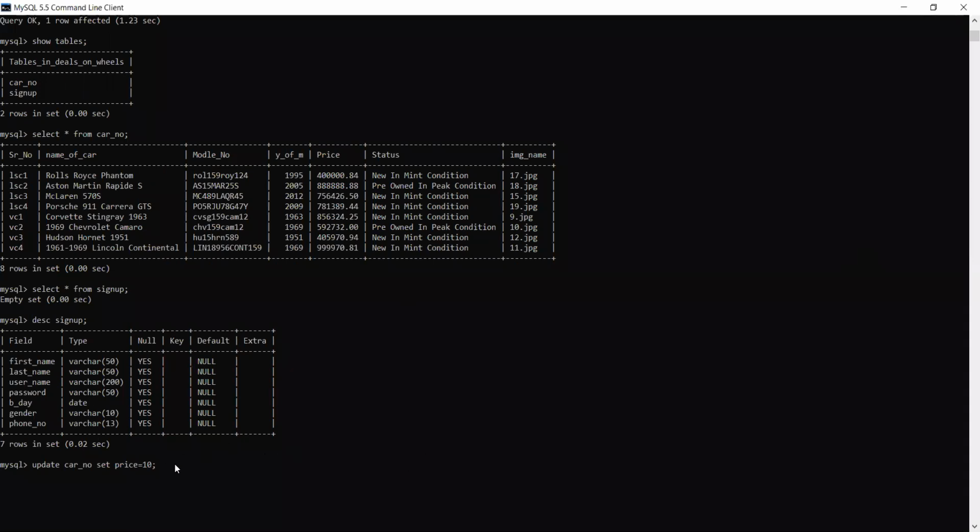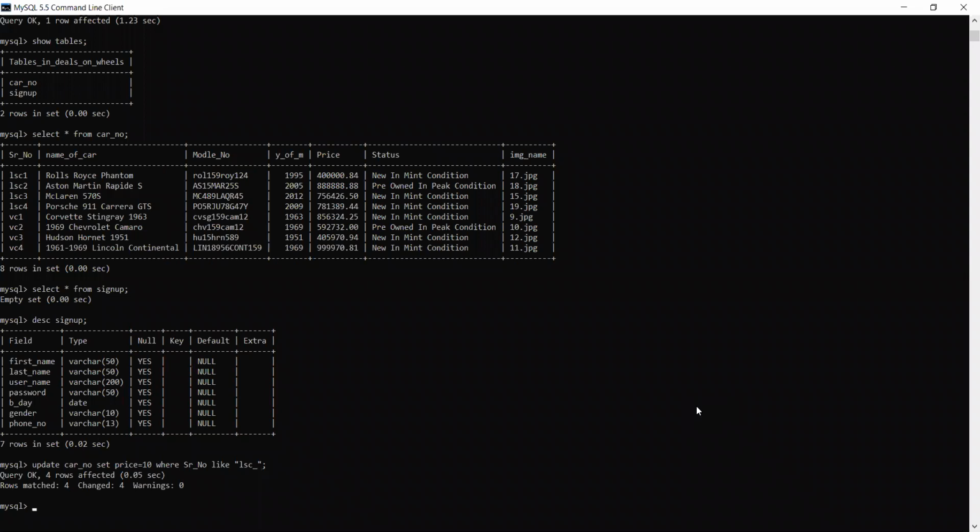Okay, I'm just making one change here. 10 where serial number like, I'm just making change, like, then I'm writing LSC underscore, means anything, fine.